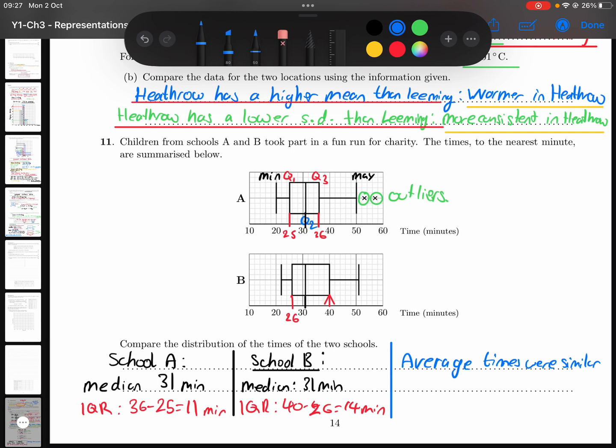That means the spread of data was less. So we can say that school A has more consistent times than school B. And that concludes